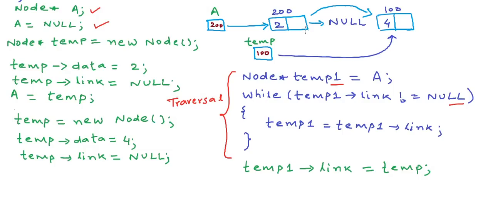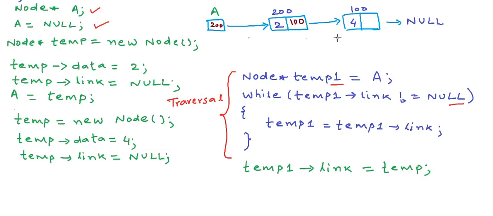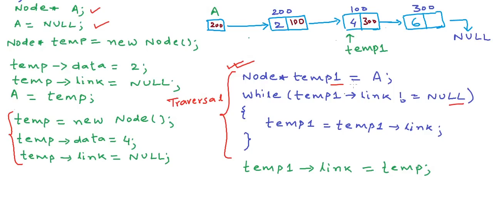Temp1 is pointing here. So now this address part is updated and this link is built. So we have 2 nodes now in the list. Once again, when we want to insert node with number 6 in this list, we will have to create a new node by this logic. Then we will have to traverse the list by this logic. So we will point temp1 here first, and then the loop will move the temp1 to the end. Let's say this new block is at address 300, so this last line finally will adjust the link of the